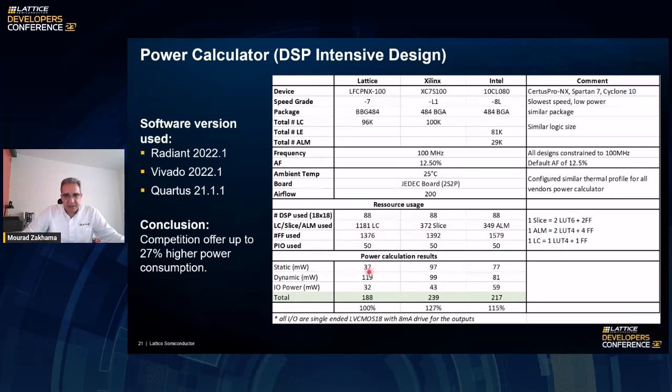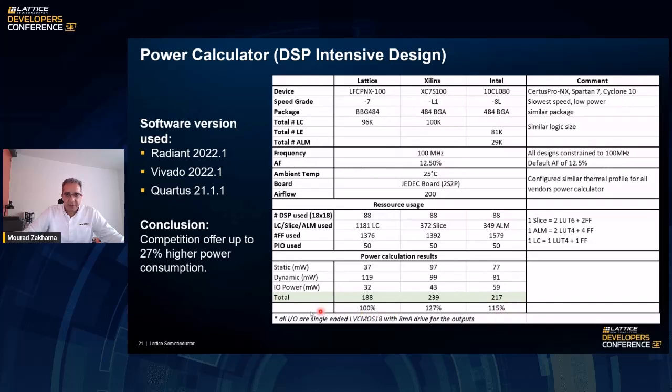Static power is 37 milliwatt for Lattice, whereas we have 97 and 77 here. Dynamic power and IO power, and then the total power, and we end up with 188 milliwatt of total power compared to 239 and 217